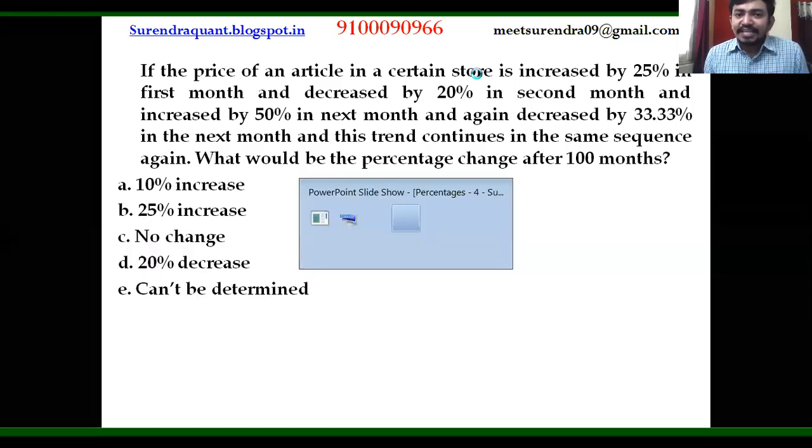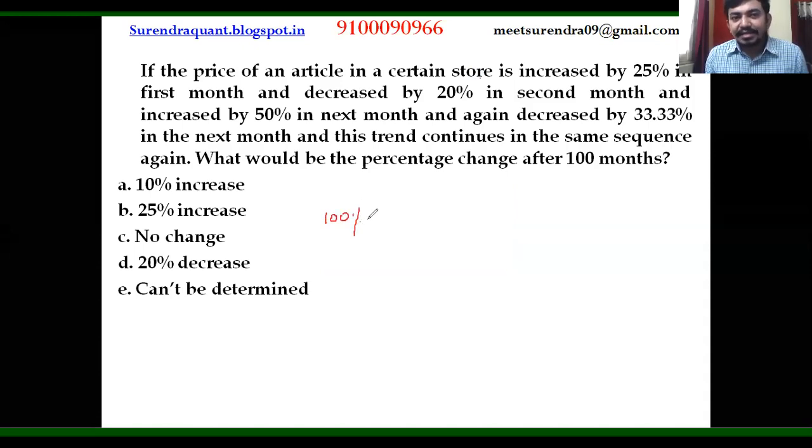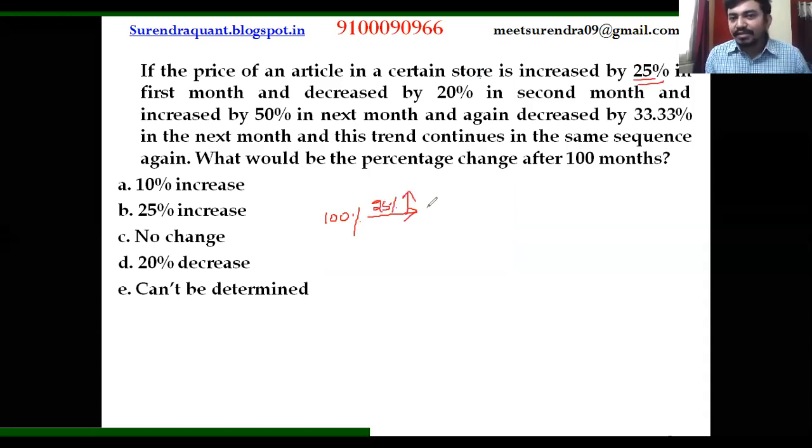Yeah. So let us consider the value at the beginning is 100%. But what happens in the first month? It increases by 25%, right? So what is the value after the first month? 125%, friends. But in the next month, the price has been reduced by 20%. If 20% decreases from 125, friends, what is 10% of 125? 12.5. 20% is double of 12.5, so 2 times 12.5 is 25. If 25 decreases, this will become 100%. Can you see, one increase, one decrease makes the same value in this case.